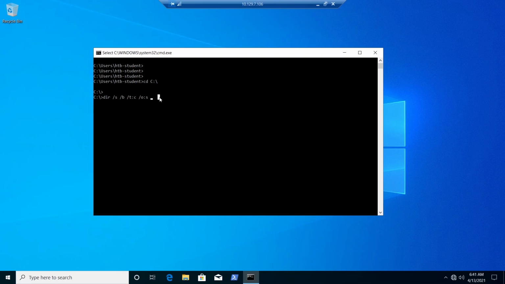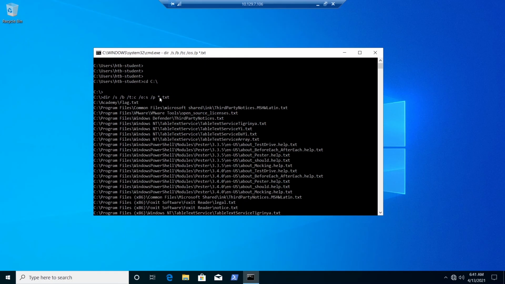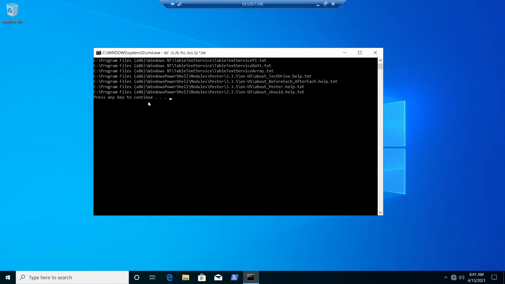So we need to get the first page, right? So P. Now I can say star.txt. Okay, now hit enter, and you can see here first one is C Academy flag.txt. So you can see the first one is our required flag.